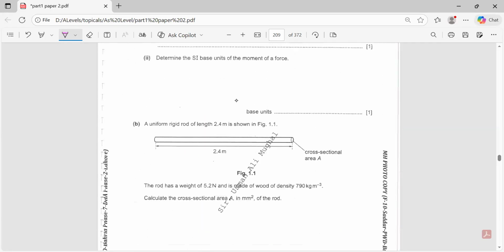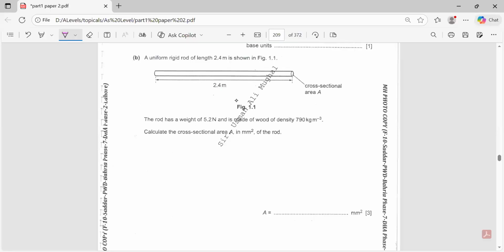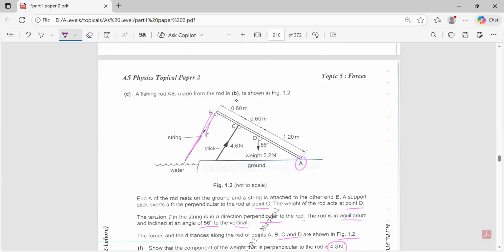Can you let me know how we are going to find out the component of the weight perpendicular to this? So where is the weight acting? The weight is acting downward. So if the weight is acting downward, what is the perpendicular component known as? It will be a component which is acting in this direction, right? So this weight which is acting in this direction, and this weight is actually acting downward. So this part will be called as